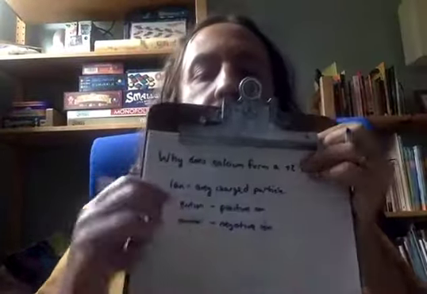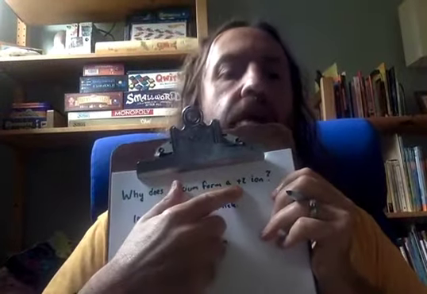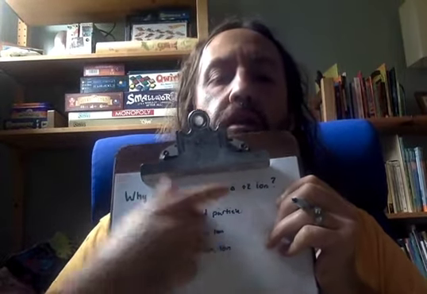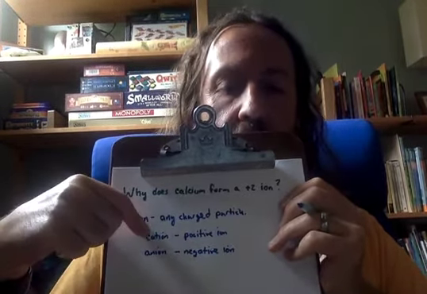So, let's first off define ion. An ion is any charged particle. A positive ion is a cation, and an anion is a negative ion. Since we're looking at a +2 here, we can see that the calcium is forming a cation, and